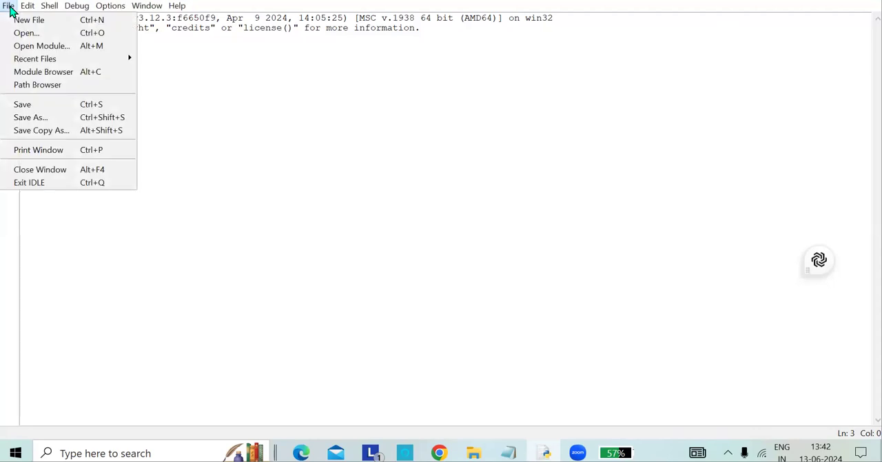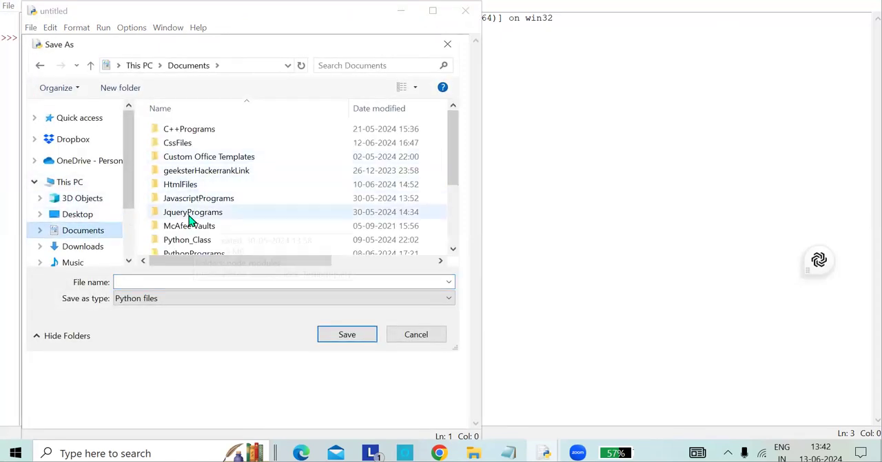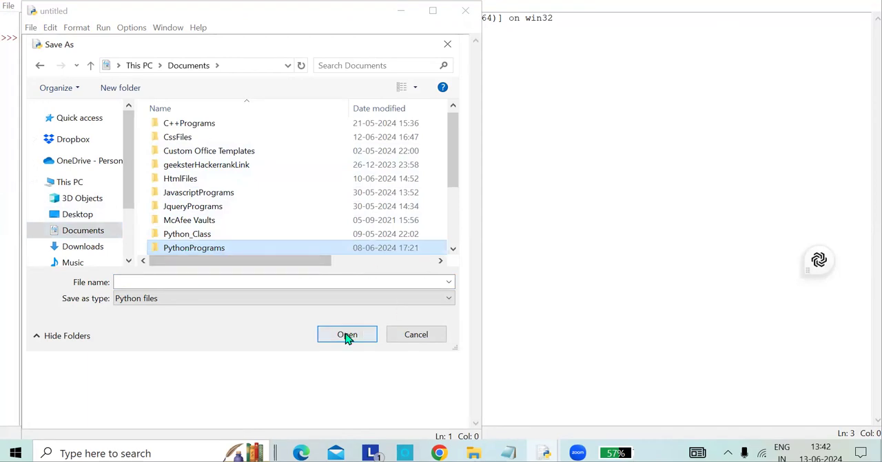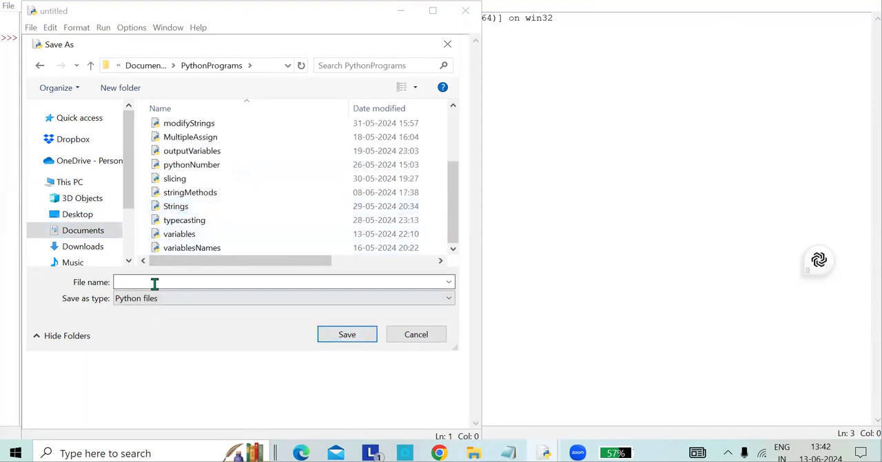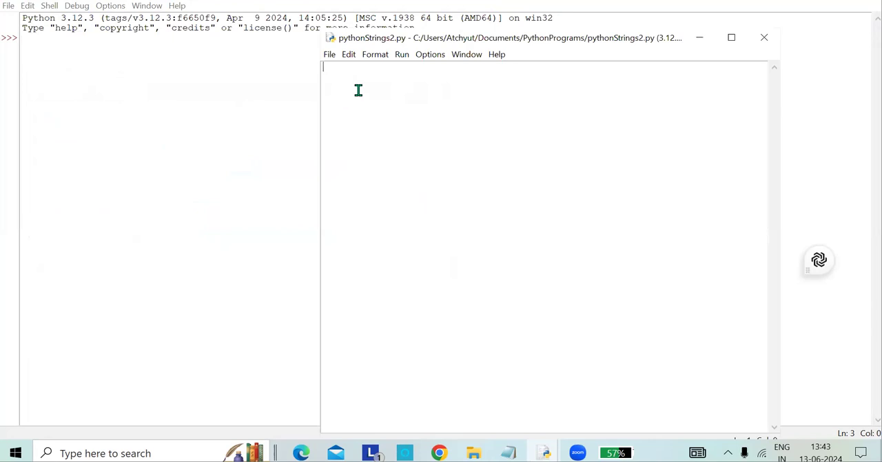So first of all, you have to create a file, right? New file, and press Ctrl S and go to the documents, go to the Python programs and open it. And here we have to save it as Python strings 2.py and just save it. So first string method is